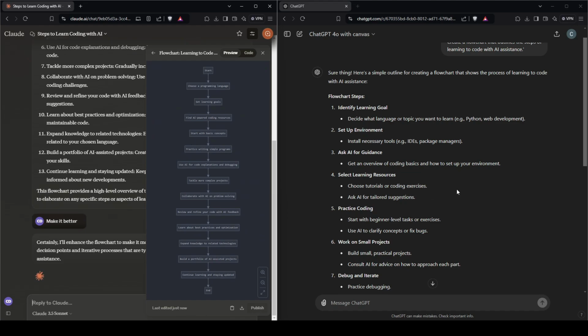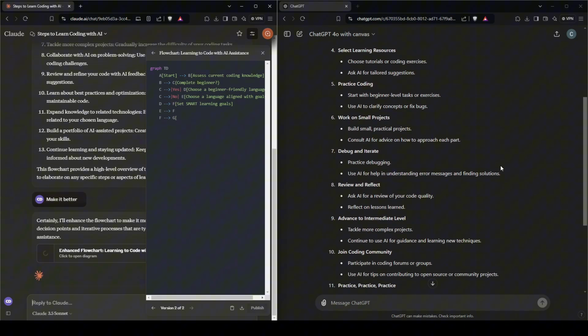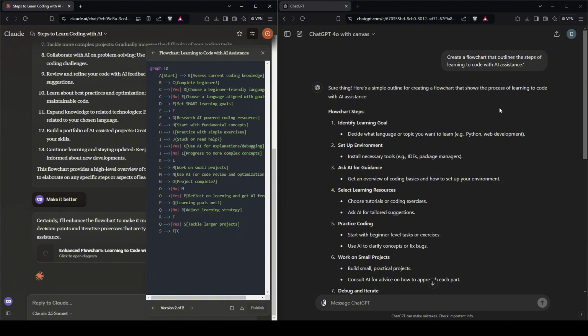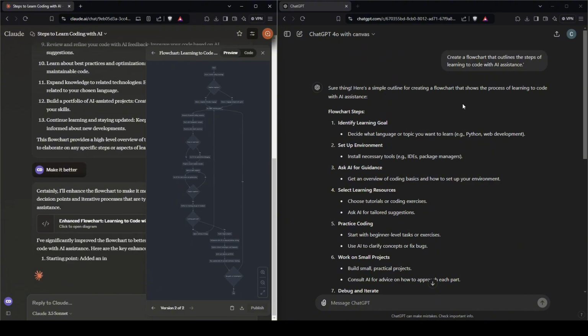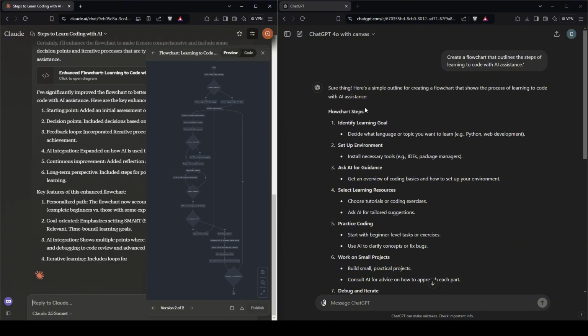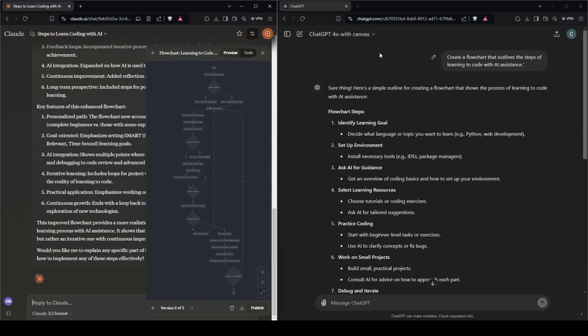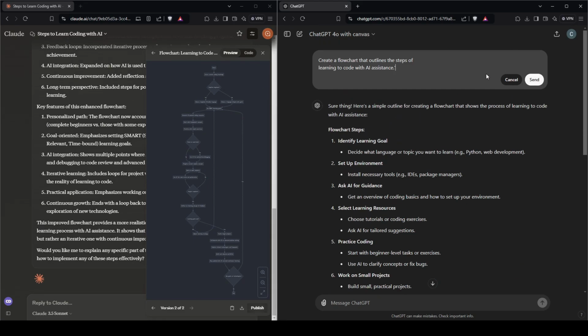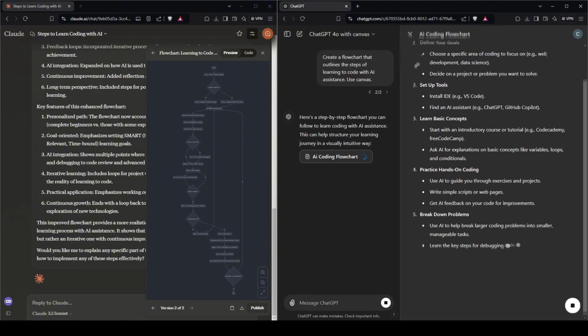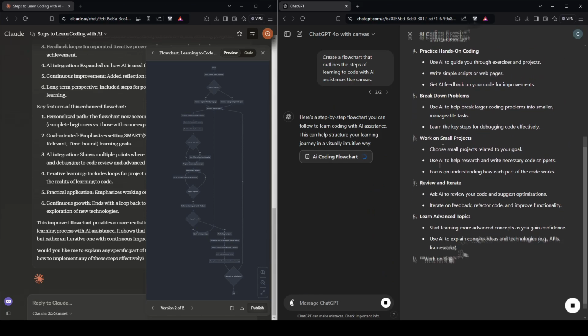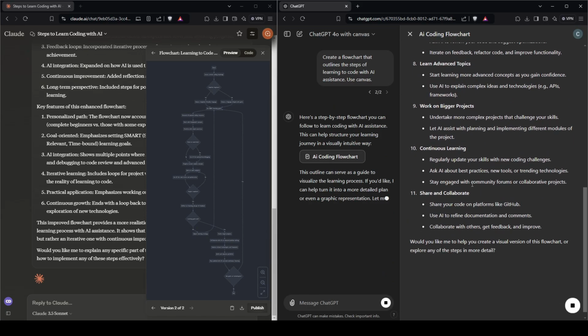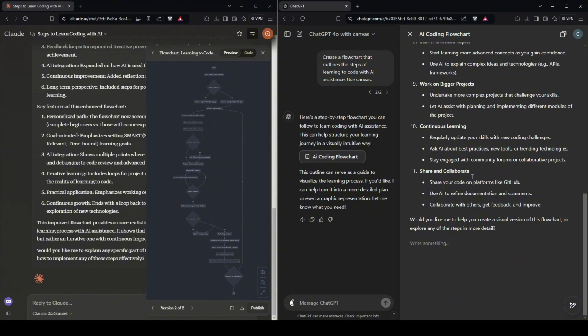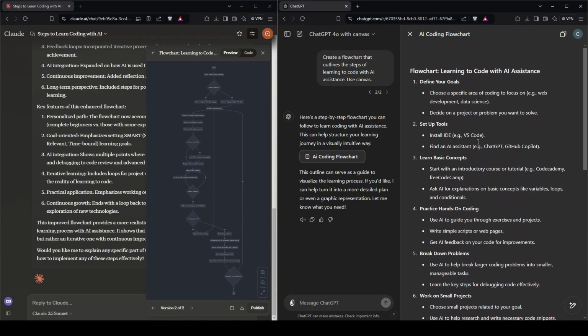And while it's doing that, let's go to ChatGPT Canvas, and unfortunately, it didn't create the flowchart that we are looking for. It just outlined the steps in a text format, and it didn't even use Canvas. What if we say use Canvas? So that it will explicitly use Canvas this time. Now it opens it in Canvas, but still it just produced a text-based flowchart. So this is not even a flowchart. This is just an outline, right?